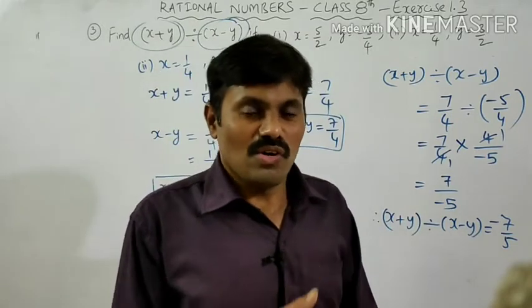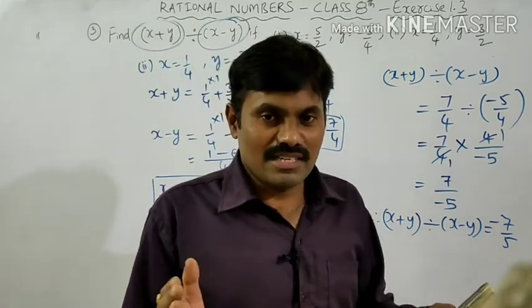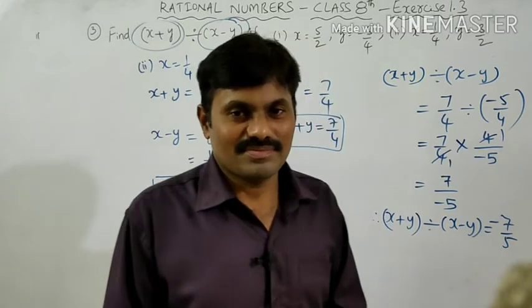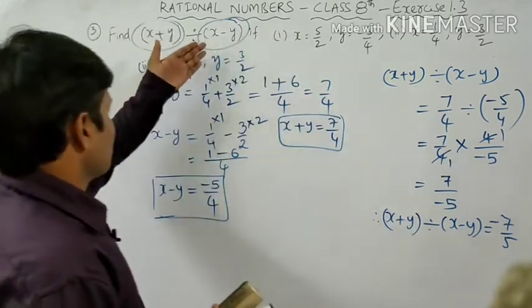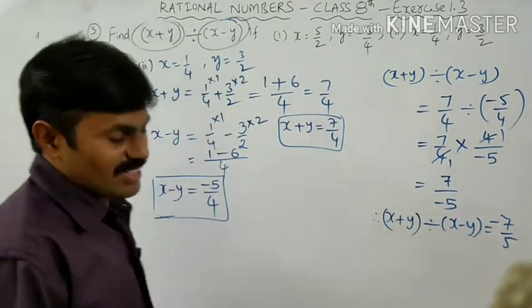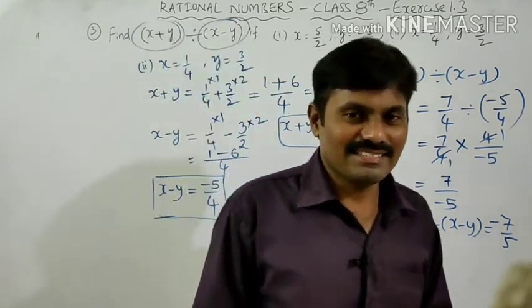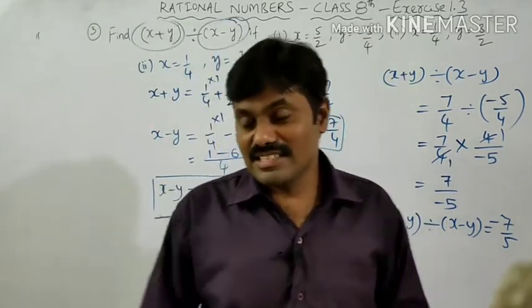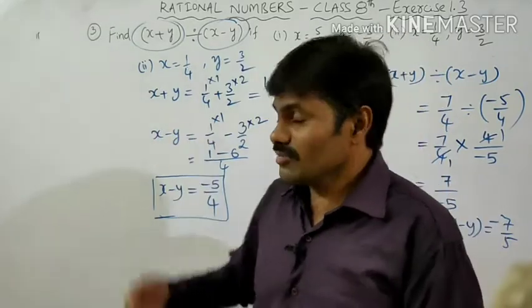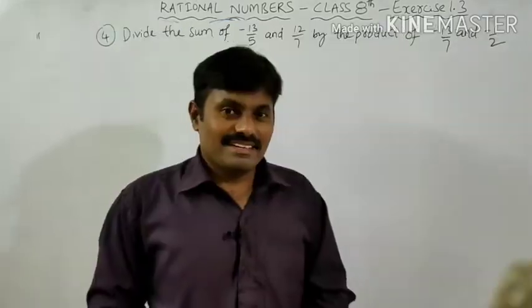Whether it is easy or not, it is very easy. Just you have to know how to find the LCM and simplification of fractions. Okay, so these are rational numbers. When you simplify it, these become fractions, and we have to do either subtraction or addition. Is it clear? Yes. In the same way, we solve fourth problem also.